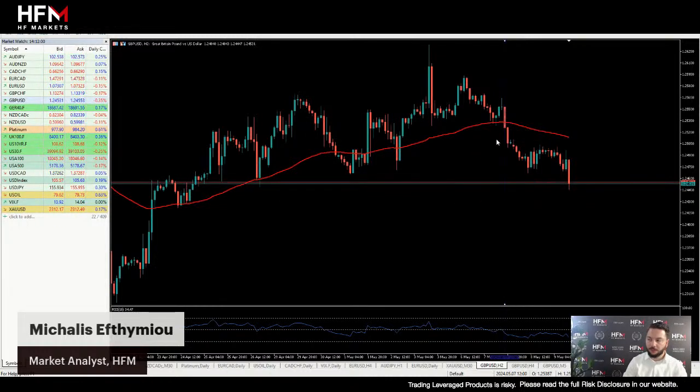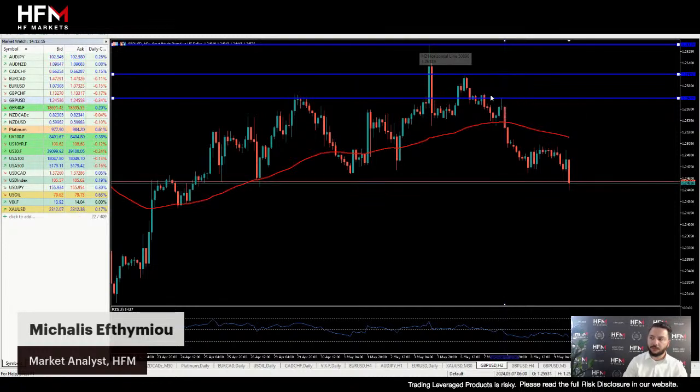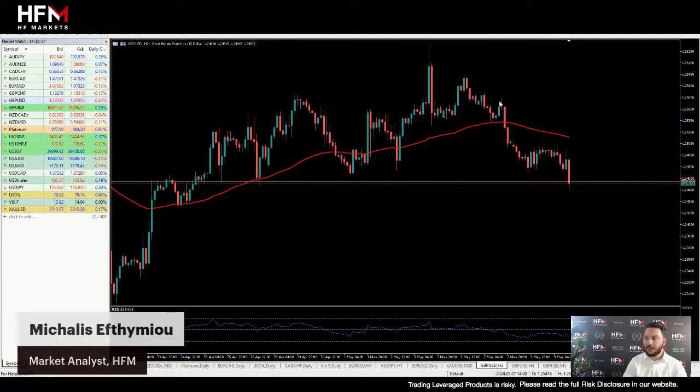We want it to be below. We also want to at least see that there's lower lows and lower highs. So we can see this is one high here. This is the third high, and this is the second high, and this is the third high. So we can see we've got three lower lows and lower highs, and we're now trading below the 75 bar EMA. Then, in addition to this, ladies and gentlemen, if we're looking as well at the RSI, we can also